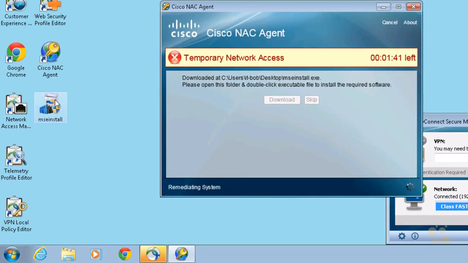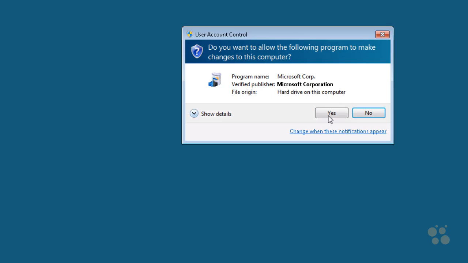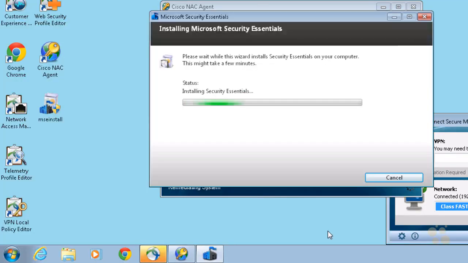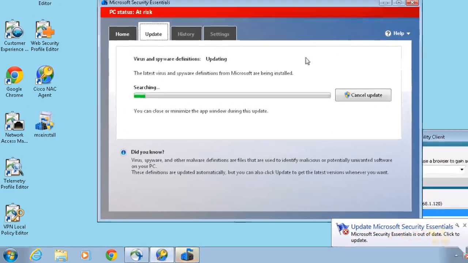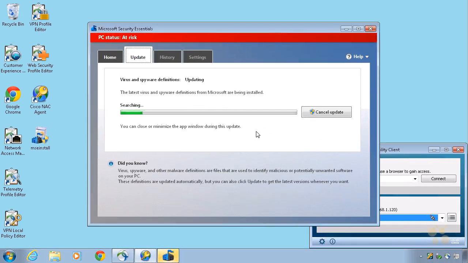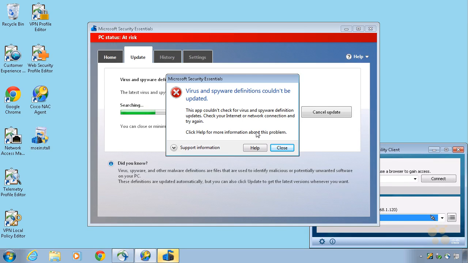So let's go ahead and run the install for Microsoft Security Essentials by double clicking on it. We'll say yes to everything. And now it's installing Microsoft Security Essentials on this computer. This is Bob's computer. And it says it is done. Now it wants to go ahead and do some updates. Now, if we are still in our remediation setting, meaning we haven't been given full access yet, the updates for Microsoft Essentials is not going to work